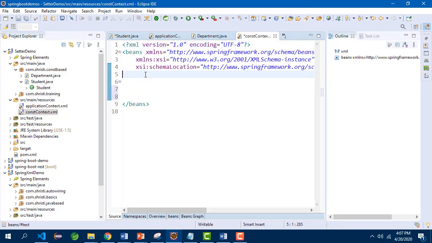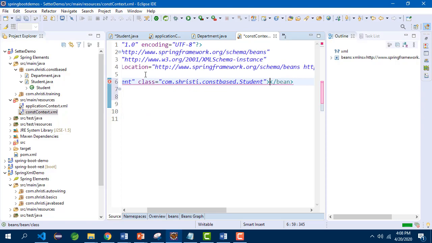Here I need to create a bean for student and department. Let me first start to create a bean for student. Bean id equal to student, class is equal to fully qualified class name of student. So it should be com.srishti.constructorbase.student.